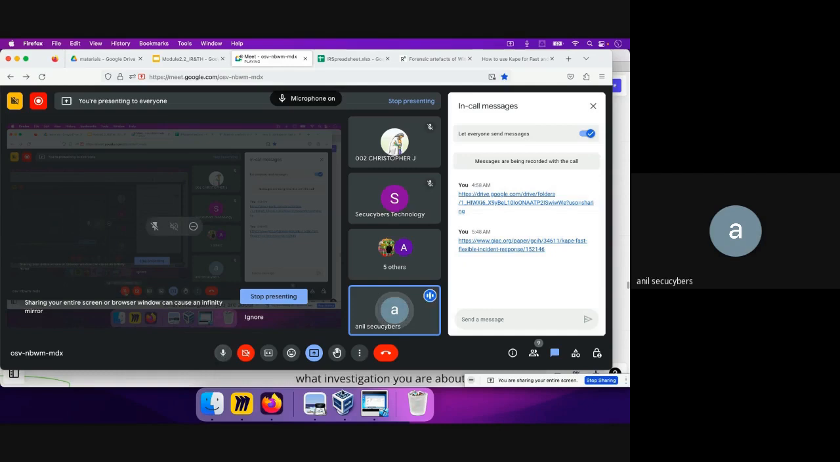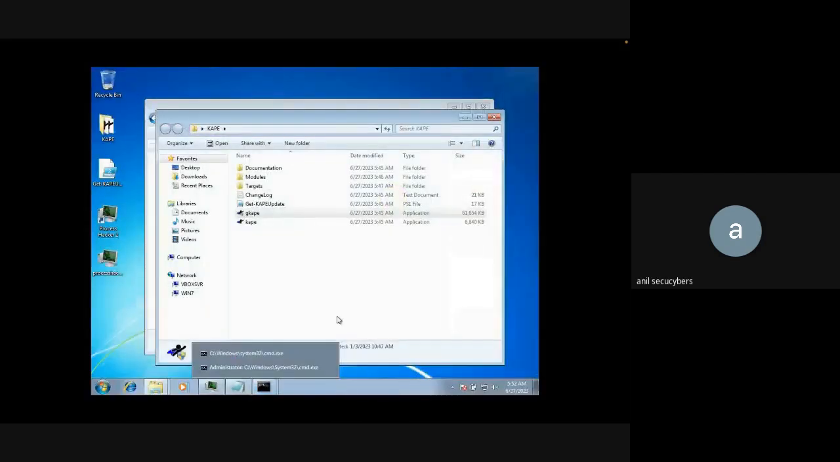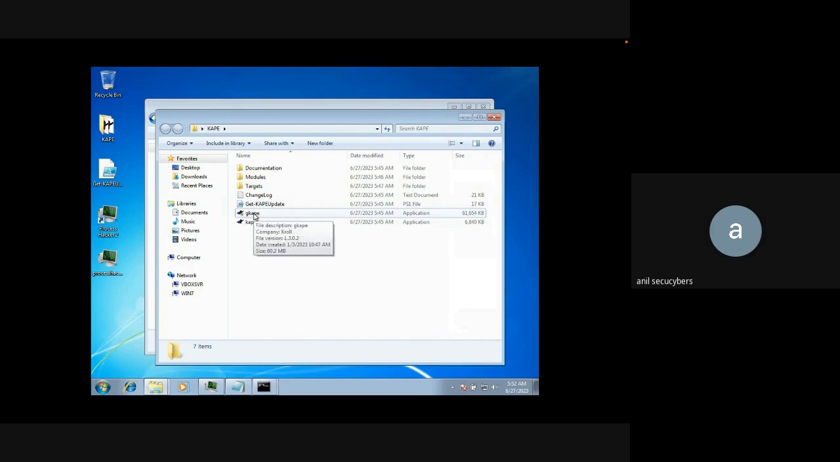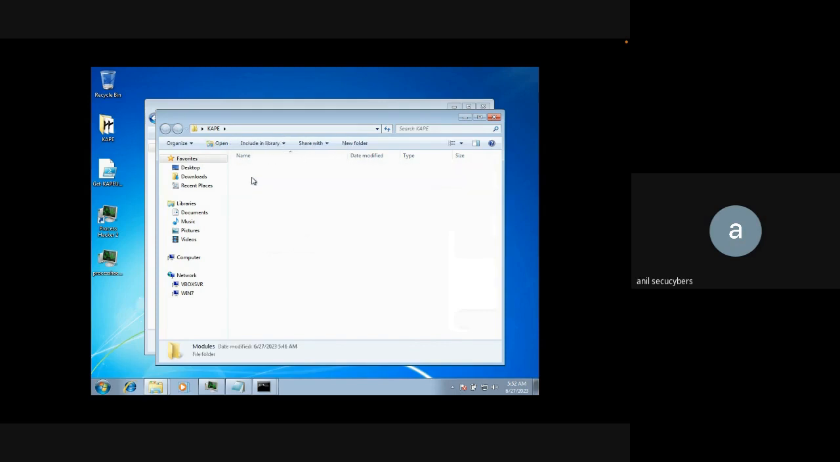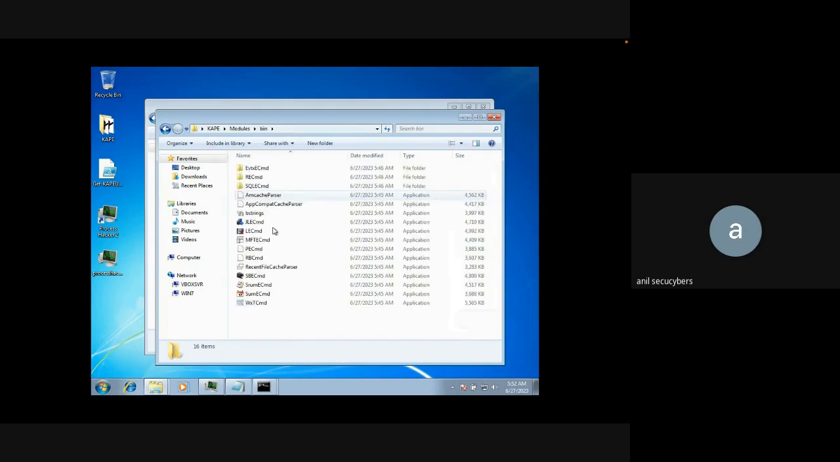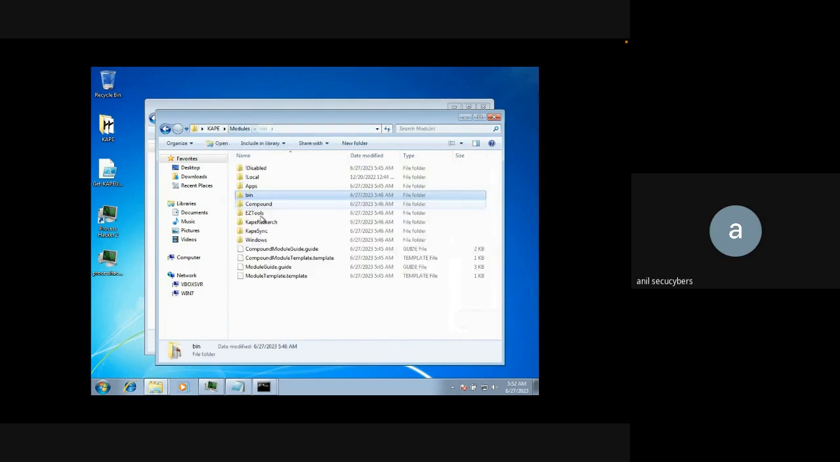Maybe gcap.exe is not executing on my host for now, but it might execute on your host. It is not malware, guys, so feel free to execute that on your host also. I'm pretty sure it won't damage anything. gcap.exe is the GUI version, and cape is the command line version. Let's quickly see what this modules folder is about. As I was telling, it has a lot of files, for example,